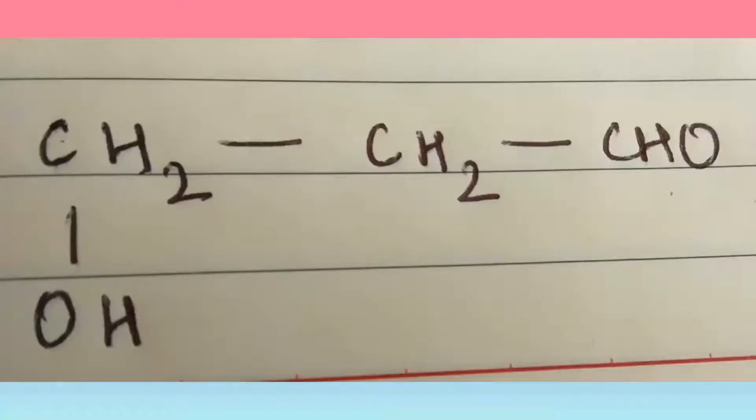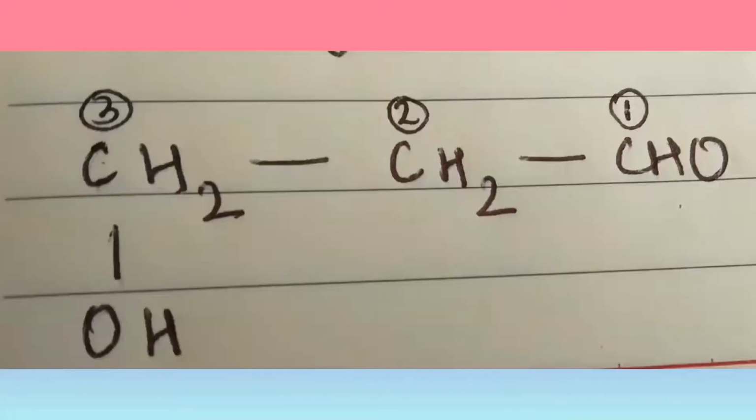Here, it's a simple one, but we have an aldehyde and an alcohol group present. So now we are in a dilemma whether we should give the aldehyde group the least locant number or the alcohol group. So here comes the play of our priority table. According to the priority table, aldehydes have more priority when compared to alcohol groups. So the naming is done in such a way that the aldehyde group gets the least locant number.